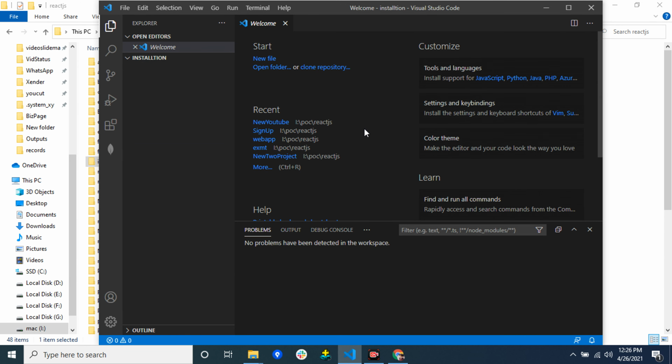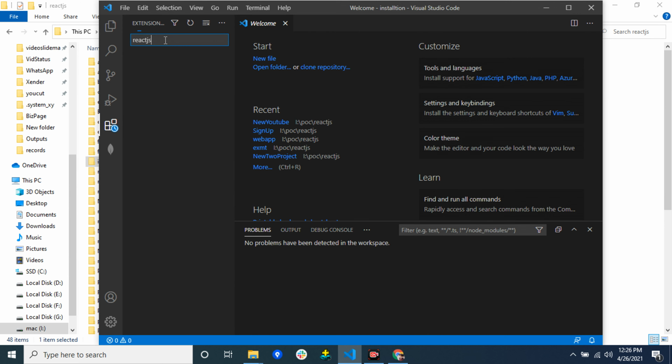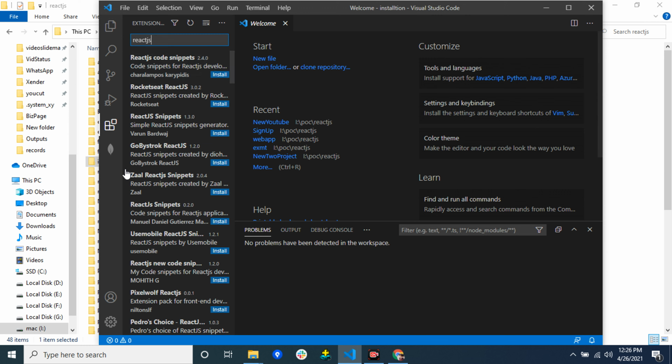For the basic packages installed for Visual Studio, simply search for React.js here, and you have to install some packages, the ES7 one.